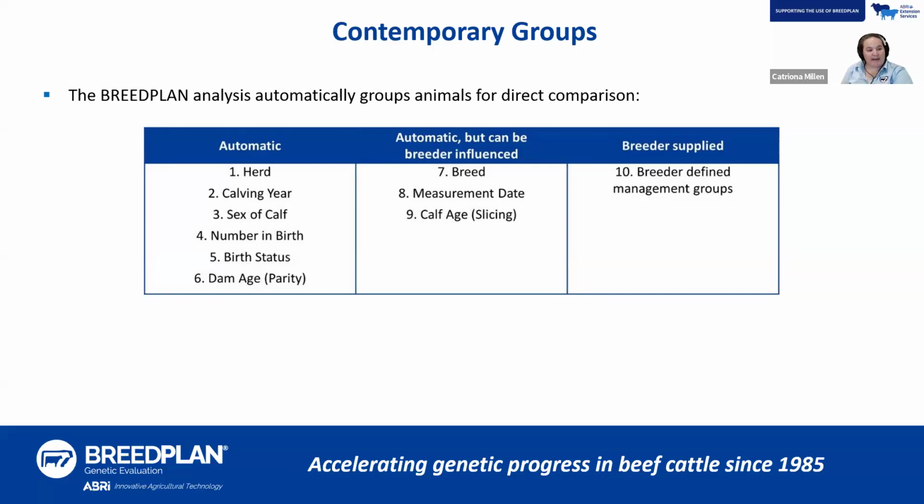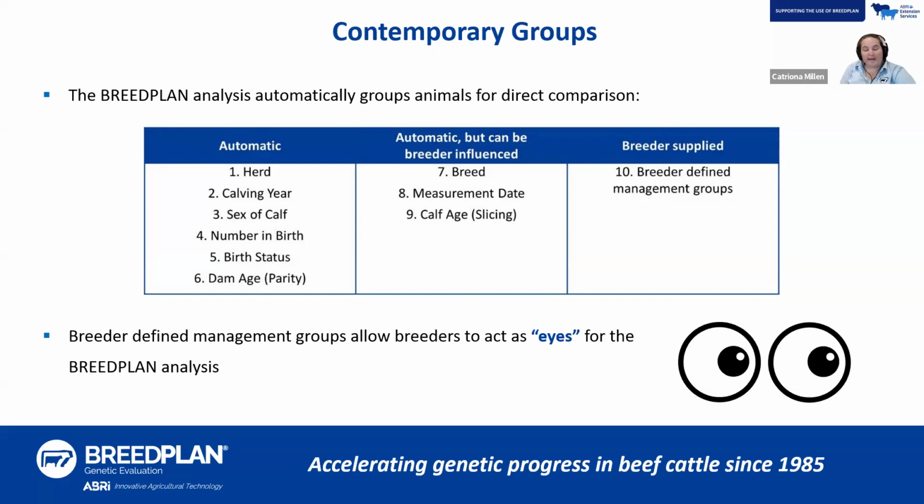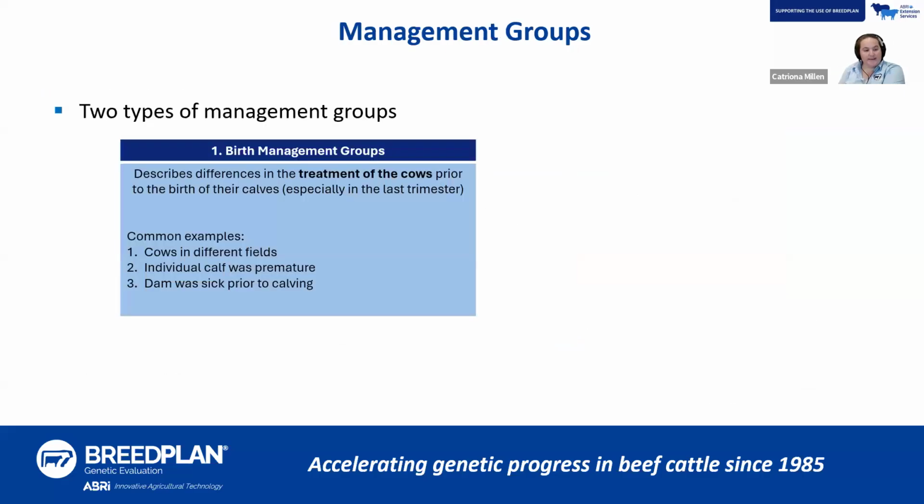And then things like breed, measurement date, calf age, which is that seasonality I was talking about earlier. And then the last one there you'll notice is breeder-defined management groups. Now they're really important because we can't see what is going on in your fields. And so breeder-defined management groups really allow you to act as eyes for the BREEDPLAN analysis. So there's two types